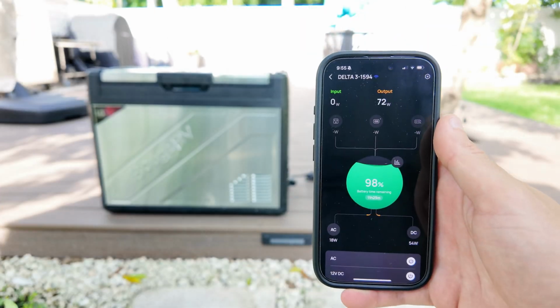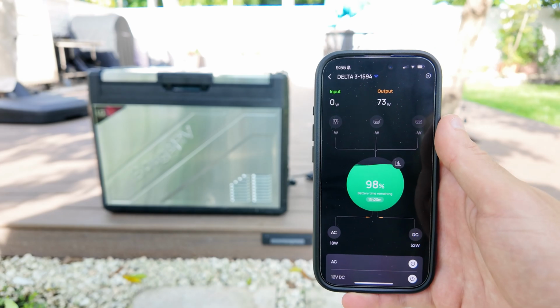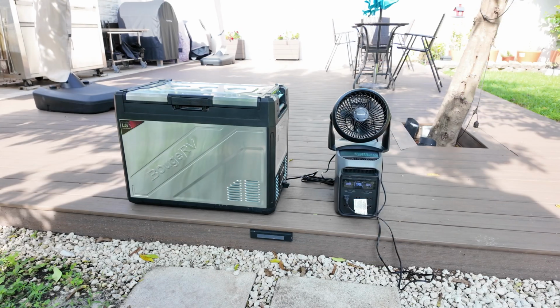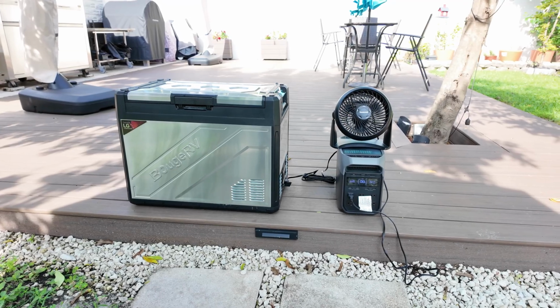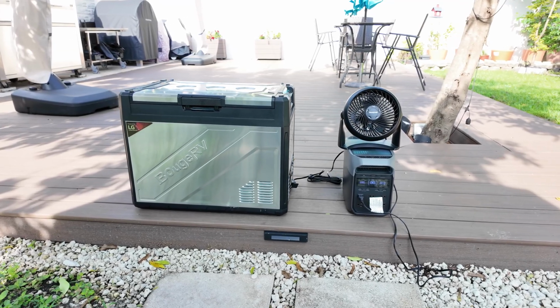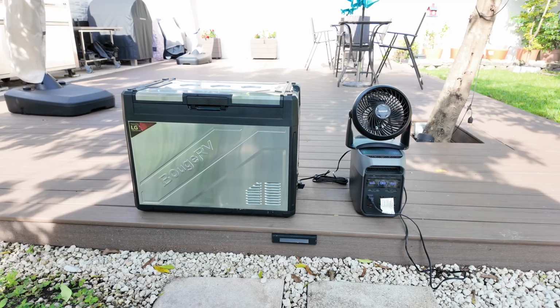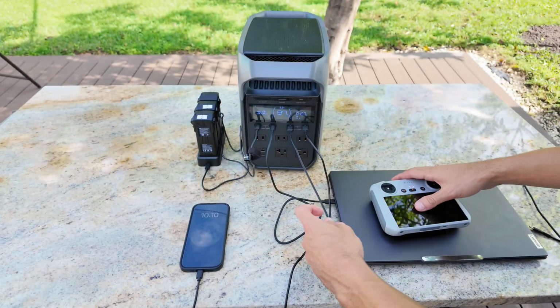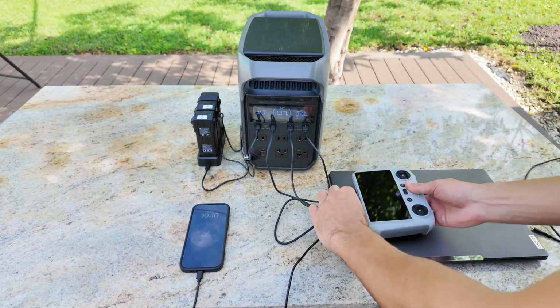So if you add this cooler into a camping setup, along with a fan and maybe charging your phone, you can expect about 2 full days of use on a single charge. And if you hook up solar panels, you can pretty much keep it running indefinitely as long as you've got sunlight. Another way I use the Delta 3 when I'm camping or in a spot with no electricity is to